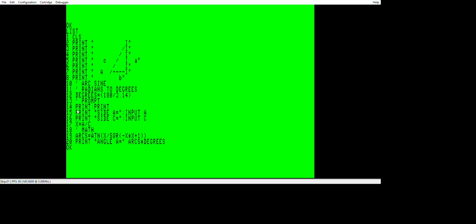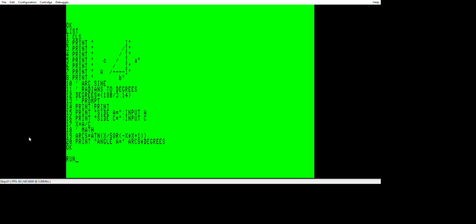Actually, I just start the program by converting radians to degrees, because this computer is only in radians. If you want to use degrees, then you have to convert. So there's different ways of doing it. It's like 57 point something degrees, but